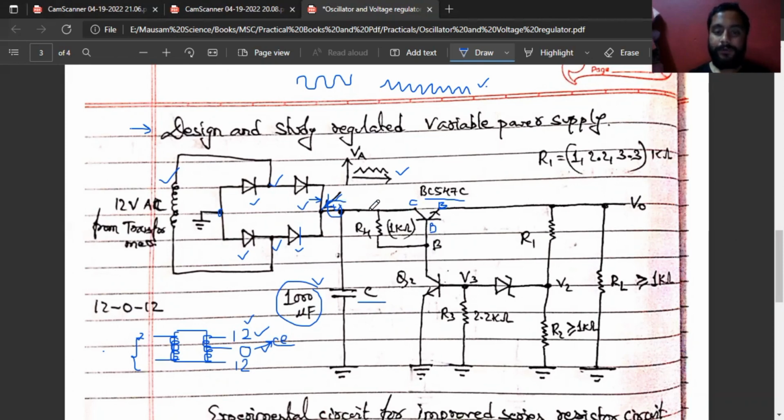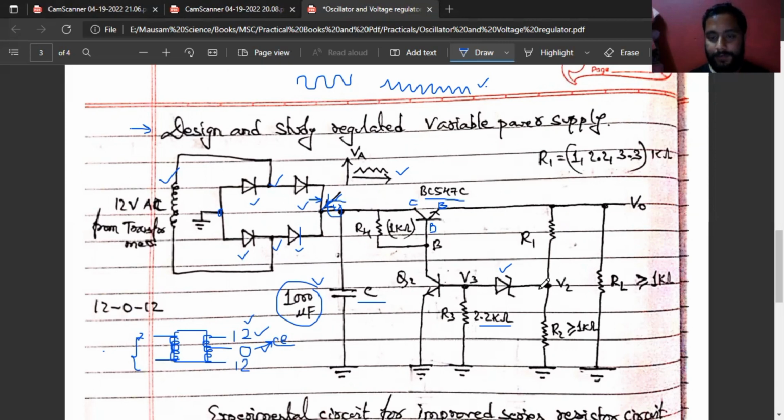And from the same point we'll connect to the collector, and from here we'll break it and connect to the base with R4, this R4 resistor of 1 kilo ohm. And from here we'll connect the emitter to the ground, and from here we'll connect the base to a Zener diode. Okay, here is a Zener diode. We'll connect it to the Zener diode, and from here we'll connect one R3 resistance of value 2.2 kilo ohm,